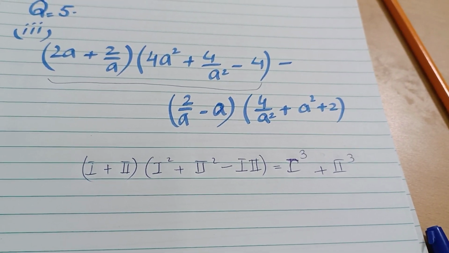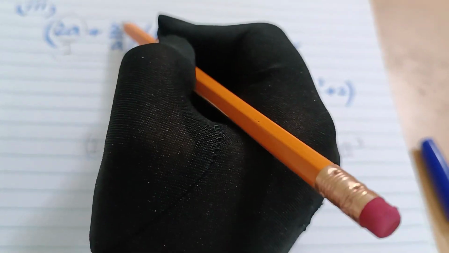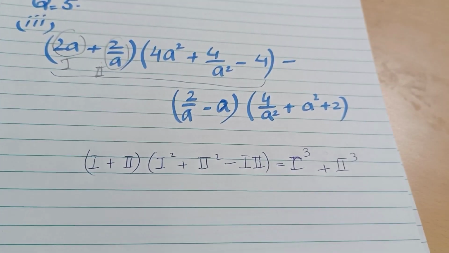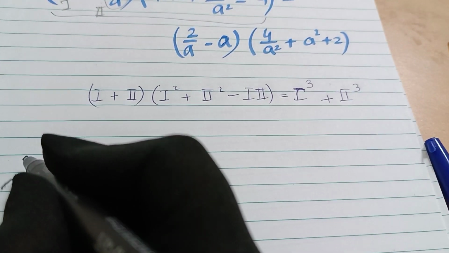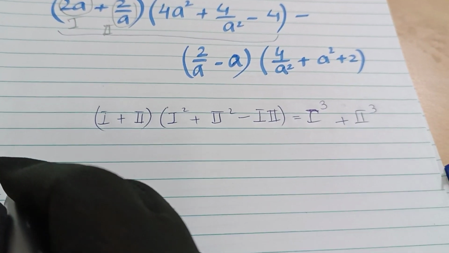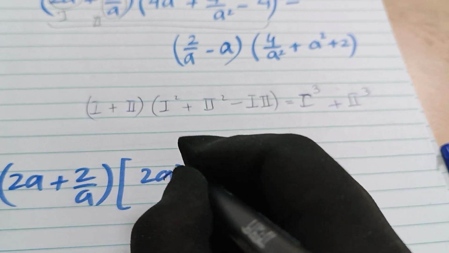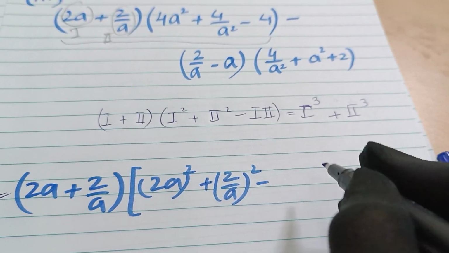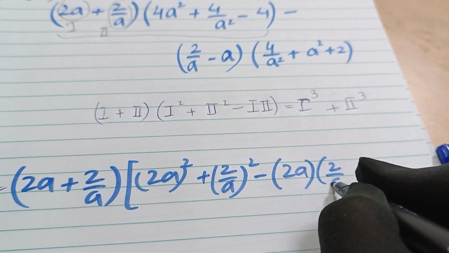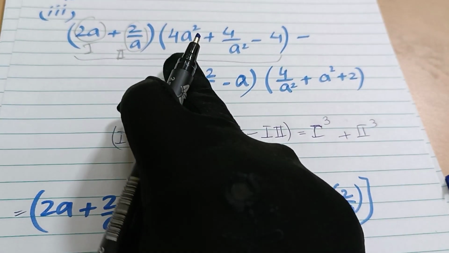if you want to find out the product, this is the first term and this is the second term. Just write down once in the form of first term and second term that in this question first term is this plus second term is this. Okay, so check that first term square, and then second term square, and then minus product of first term into second term. Whether it is giving the same formation: open, and it's giving 4a square.